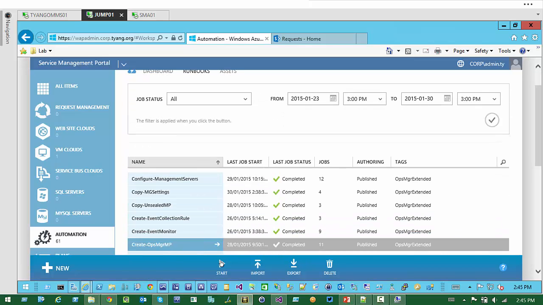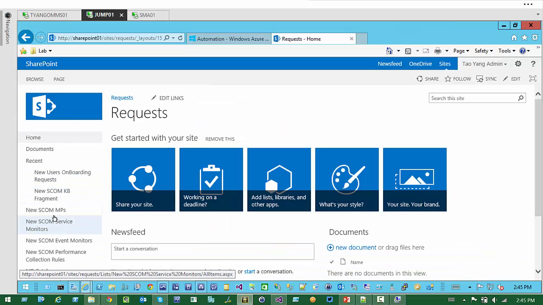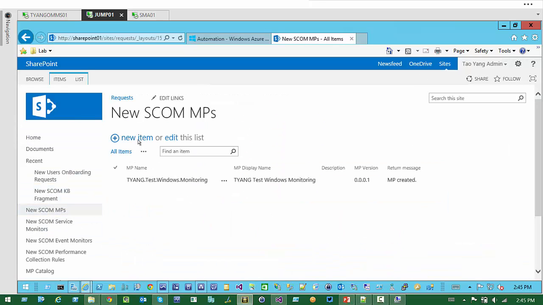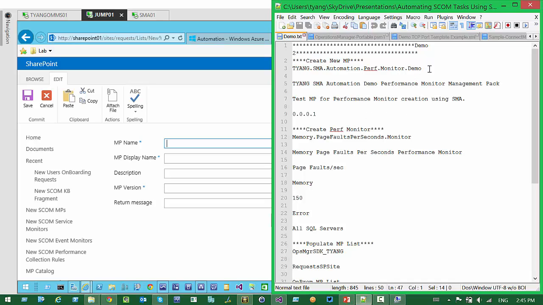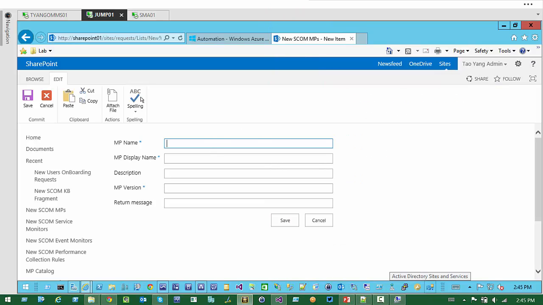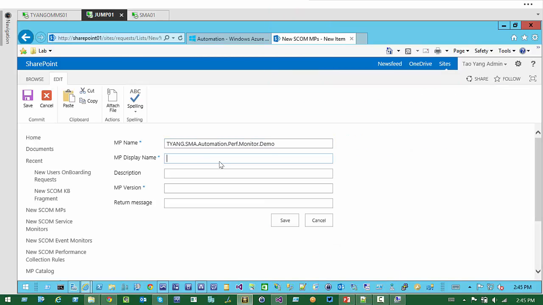Create a management pack. Oh, sorry, I should trigger that from here. New SCOM management pack. New item. I'm just going to copy and paste all the information in. So the name is the internal name. It's different than the display name in SCOM. You can give a version number. And once I hit save,